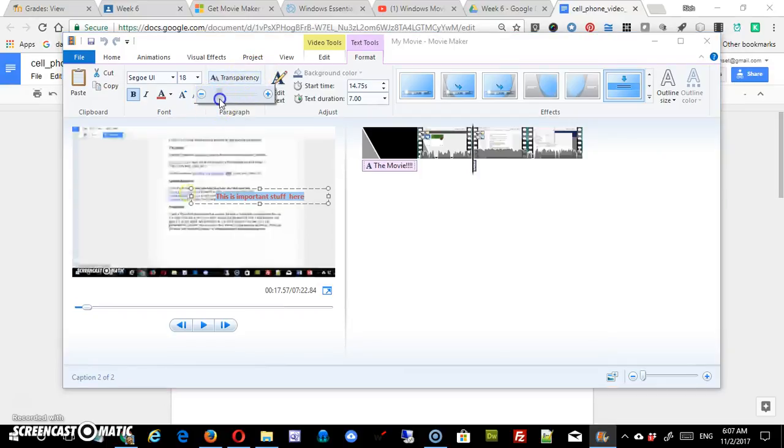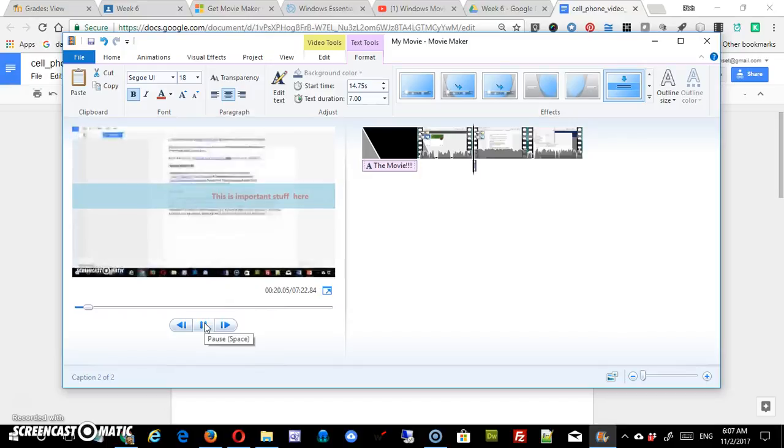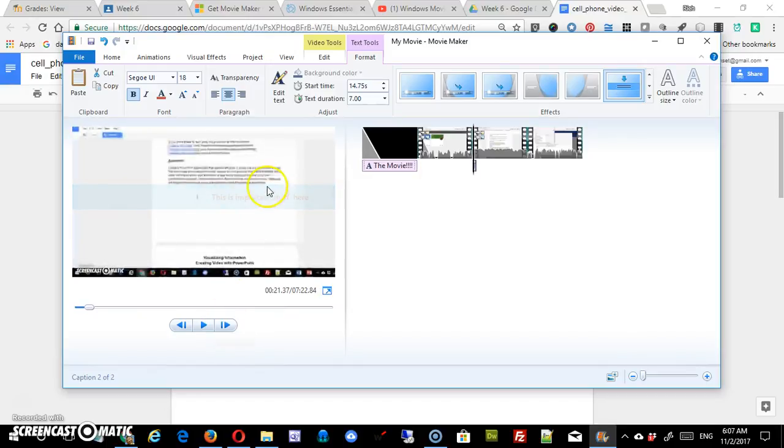You've also got a transparency here, so I can alter that. Now this box is a little more solid, so a little easier to see. And you have the edit text, and you also have a start and text duration. So this is starting at 14.75 seconds, and then it's got a duration of 7. But I can adjust that also. So if I adjust this down to 2,